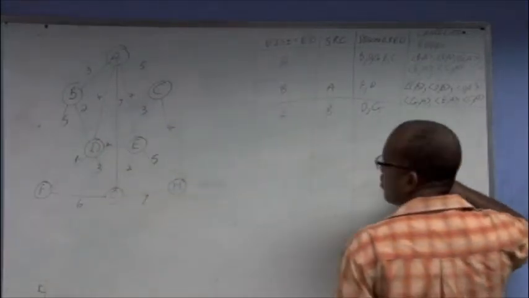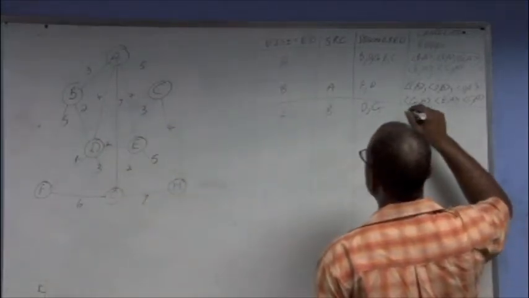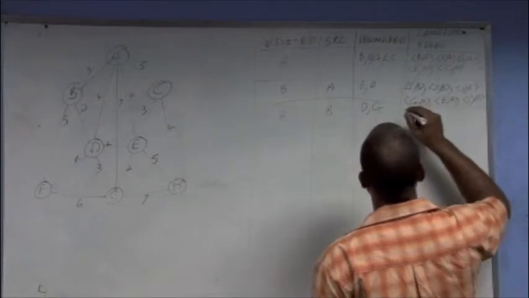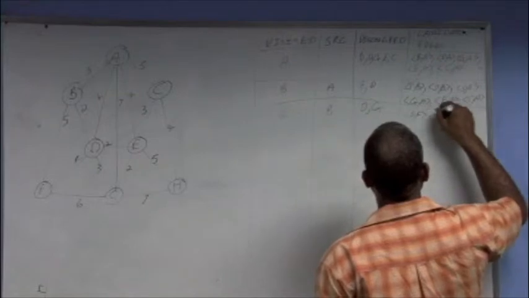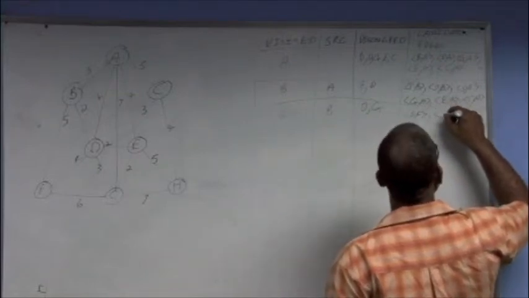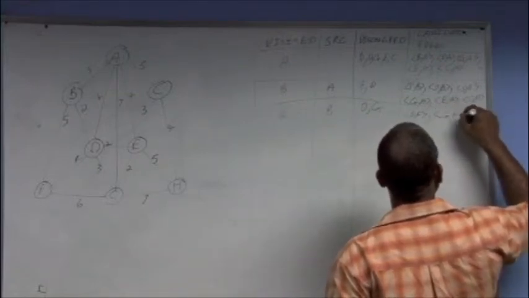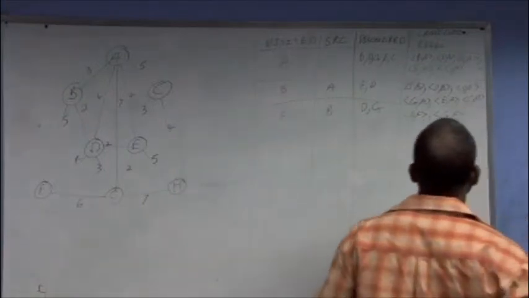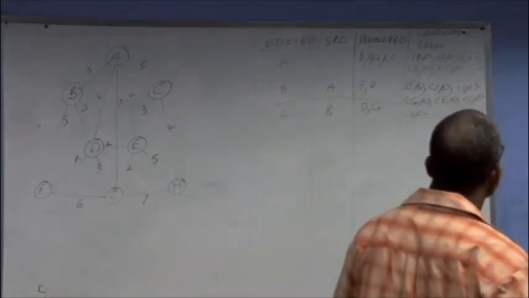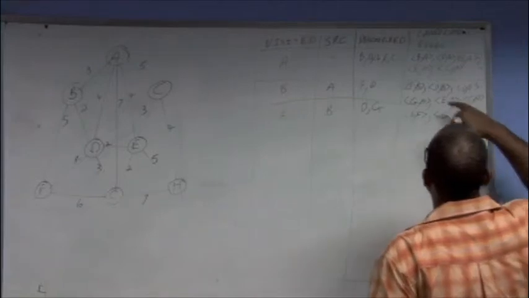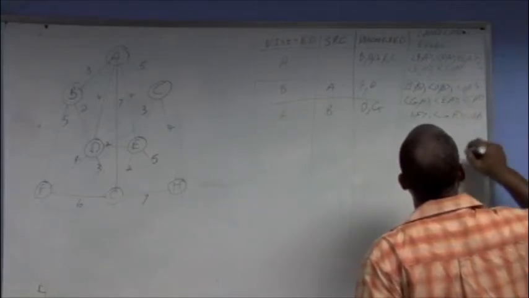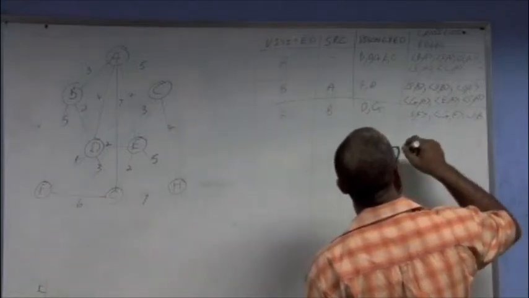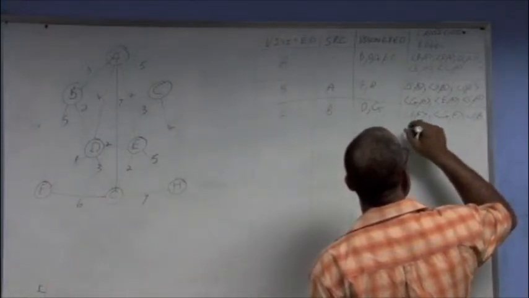So the new set of edges that we're looking at would be D from F and G from F, which would be in the list of things along with everything else. So there is D from B, then